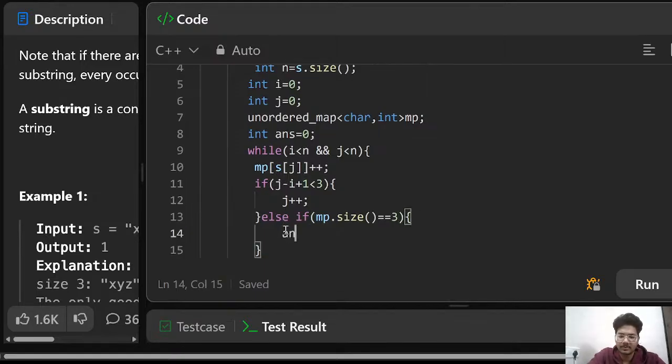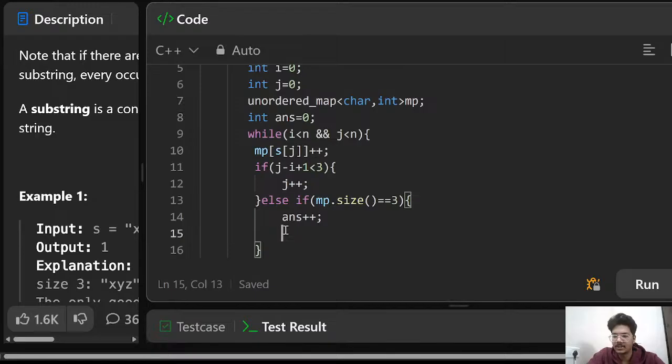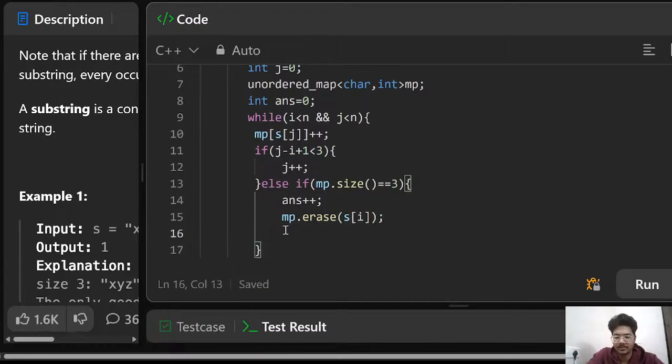In this case we have to do answer plus plus, and erase the empty dot erase, s of I, and I plus plus and j plus plus. Okay,